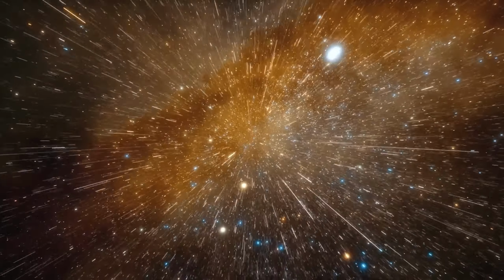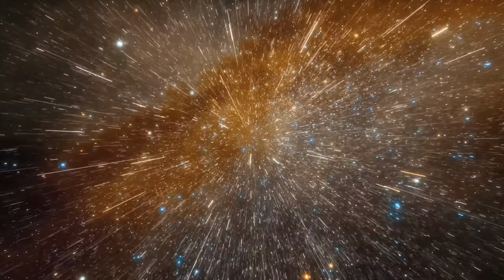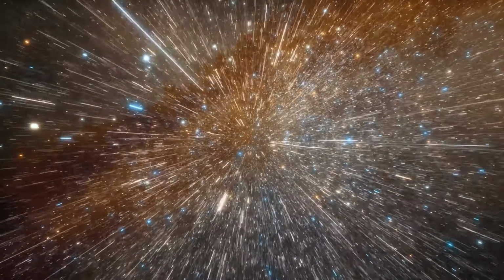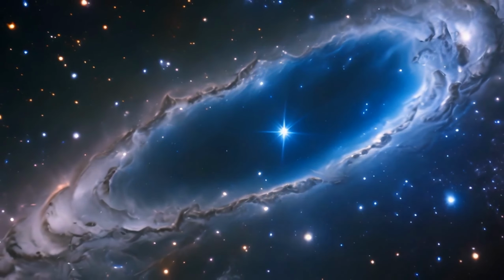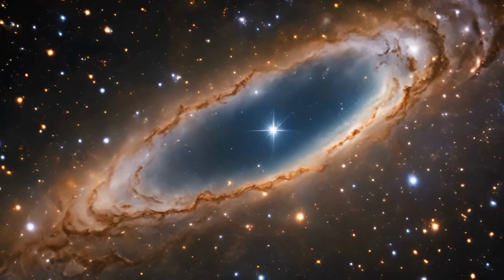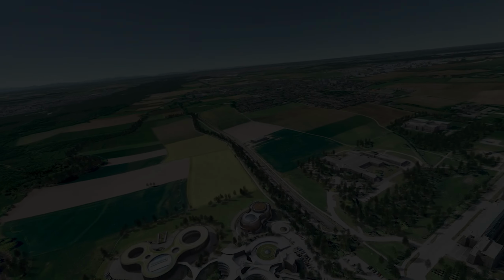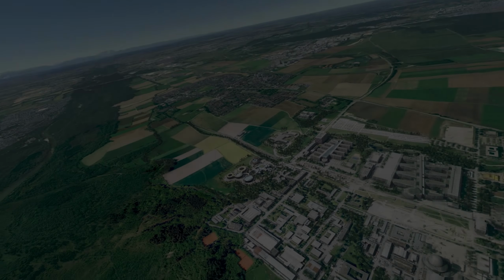As we explore the cosmos, we find ourselves standing on the edge of profound discoveries. What lies beyond the observable universe? What is the nature of the dark energy driving its expansion? Could there be other dimensions, other universes, or other forms of life? These mysteries challenge us, but they also inspire us to push the boundaries of our knowledge.